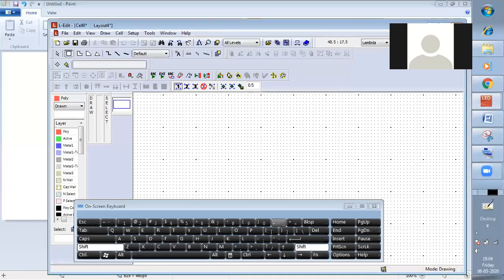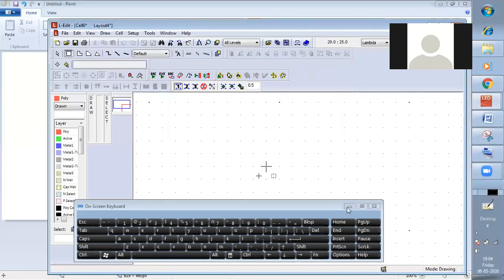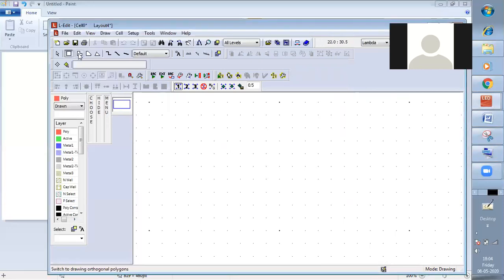Now see, if we want to draw any square box, we have to choose this square box, and here these are the layers we have to use. These are the different layers we have to develop, right? So first is the active. Now see carefully here. If I want to draw, use the mouse left button. Just a second, it is not responding. Now it is responding.